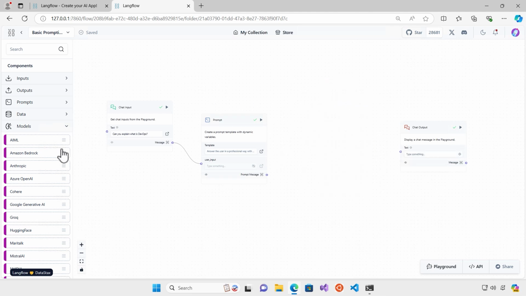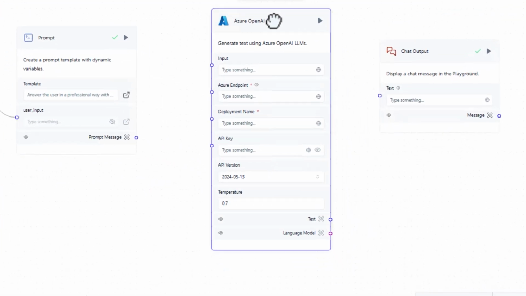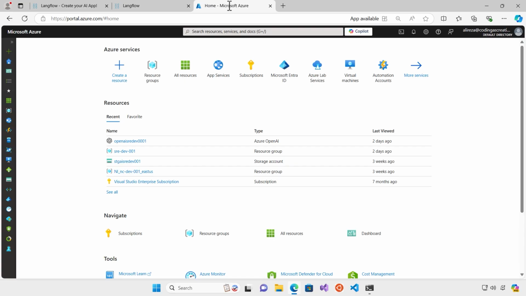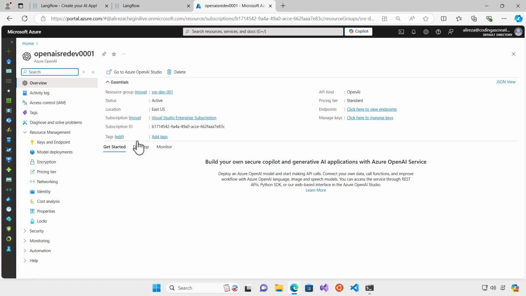And now I can drag the Azure OpenAI here. As you can see, Azure OpenAI has different parameters to configure. It has inputs, endpoints, deployment model, API key, and API version. It also has a temperature. We need to configure these parameters here, put the value there. First of all, we need to go to Azure. I already have an OpenAI instance, so I can go to the